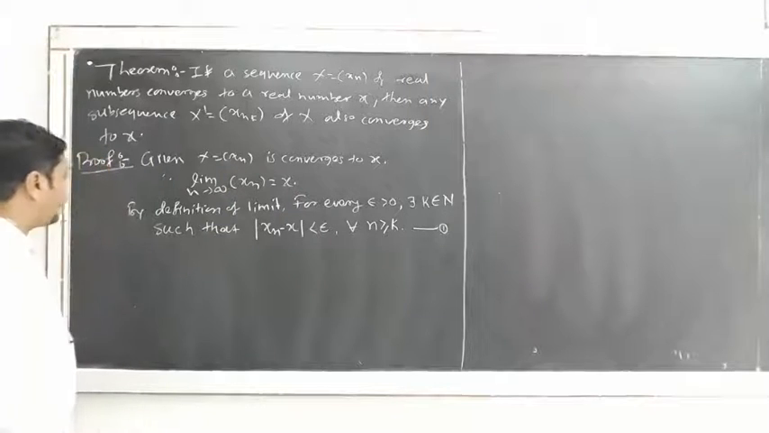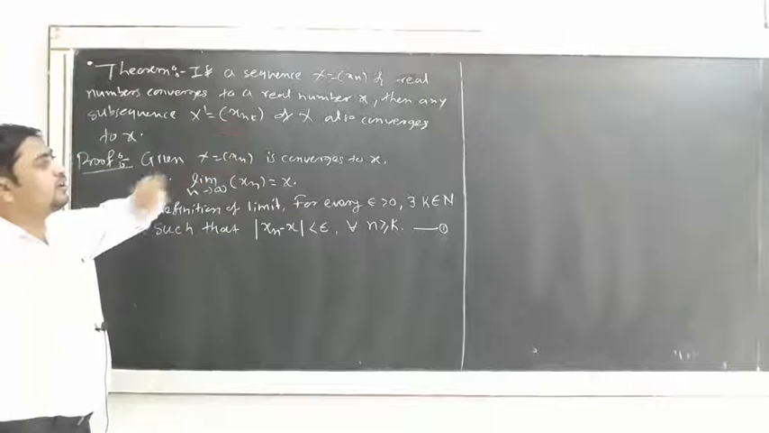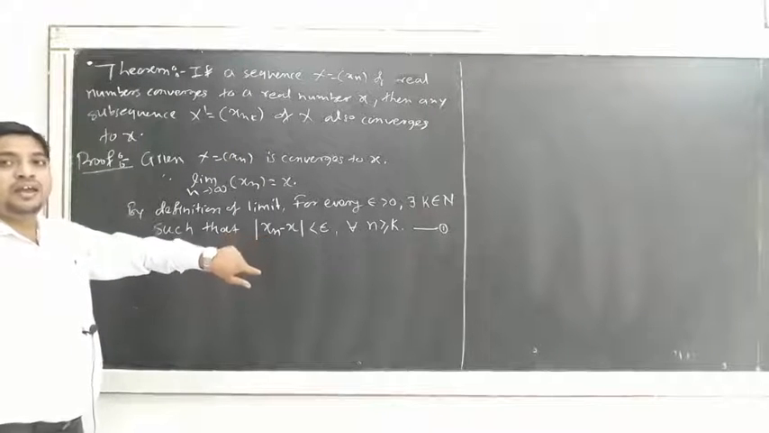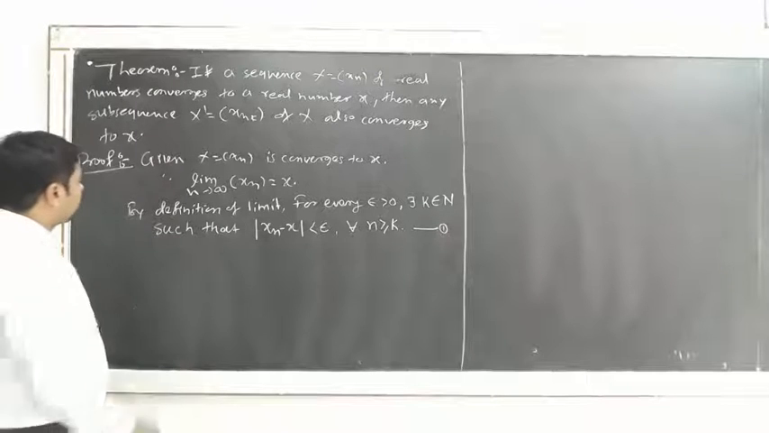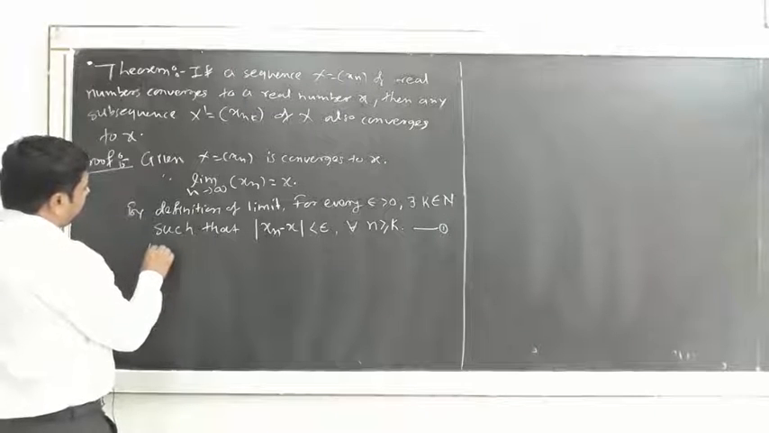Then what do we have to prove? The subsequence xnk converges to x. That means we have to replace this xn by xnk. How do we replace it? For this, what is given? So what can we write? We have